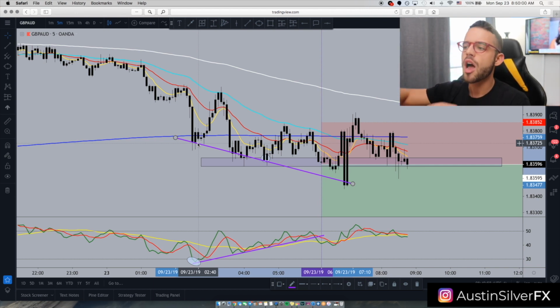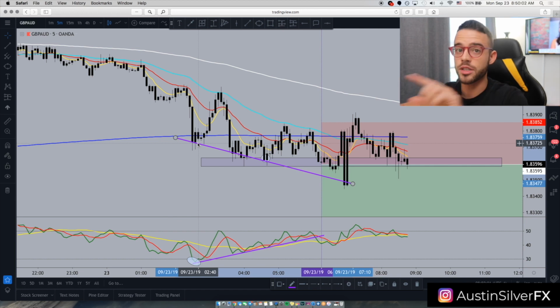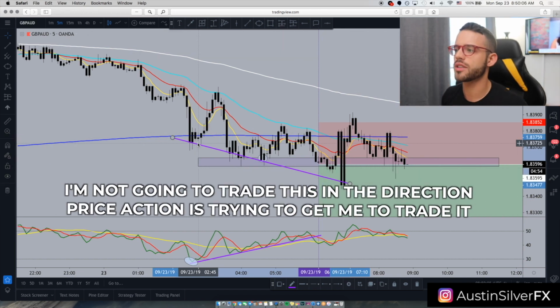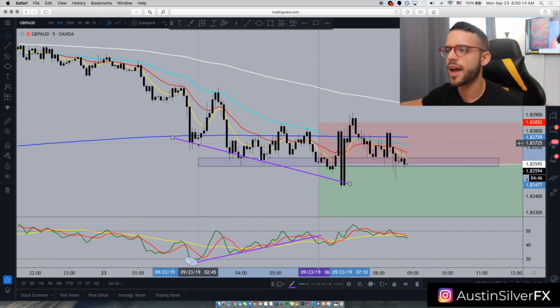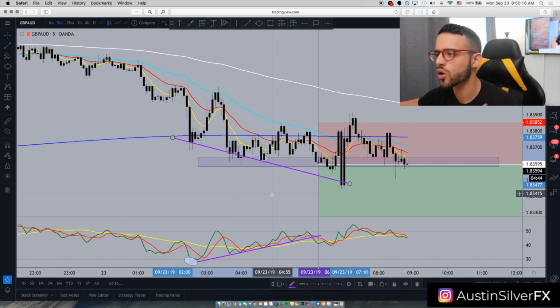the directional bias, but until these two trend lines, it has to be on both of them, until they're broken, I'm not going to trade this in the direction that the price action is trying to get me to trade it. I'm going to rely on the direction the RSI is telling me to follow it. And what I'm saying by that is, in a situation like this, when I'm looking to go short, you see